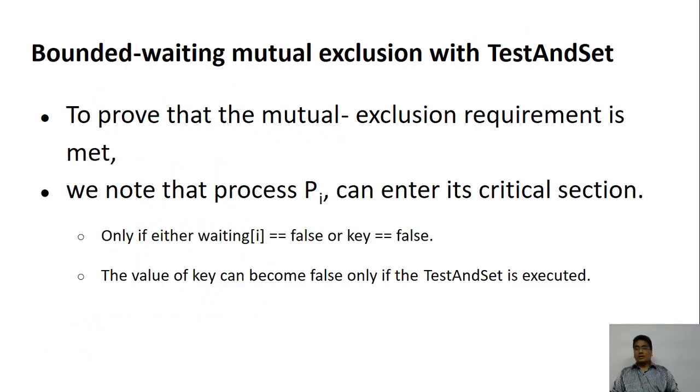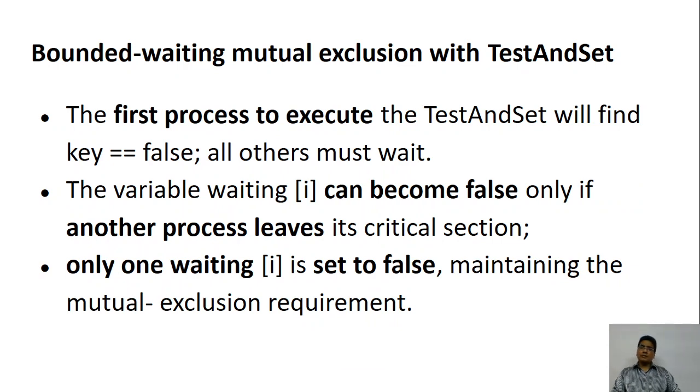Okay, so this is mutual exclusion. We know very well the solution gives mutual exclusion, because you can enter only if waiting is false or key is false. If you are waiting, then you can't go to the critical section. If you are not waiting, that means you can enter. You are entering, that is why you are not waiting. You are waiting means you can't. So if you are not waiting, or your key is false, then you can enter. Key is false means it is unlocked. If it is unlocked, you can enter. Okay, the same thing is true.